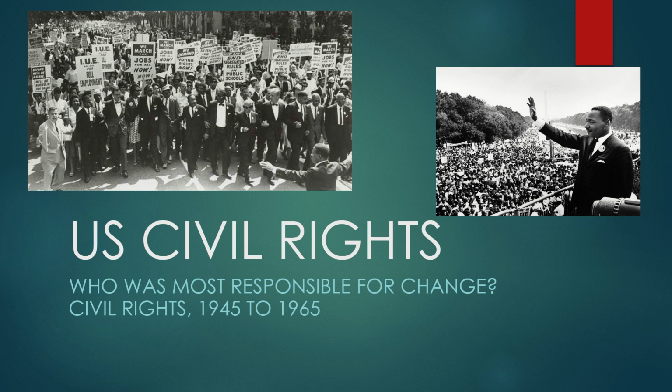Much like the one we did wrapping things up just before the Second World War, this one is going to explore change. Rather than just the extent of change, we're going to find out who is most responsible for change occurring in this shorter timeline. The second video in this concluding series will focus on the historiography surrounding Martin Luther King Jr. and the extent historians debate whether it's convincing to say that he is the main reason for civil rights progress in this era. So, with all that said, notepads and pens at the ready, and let us begin.